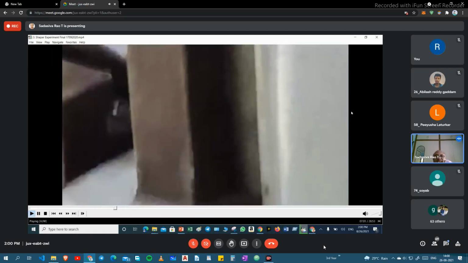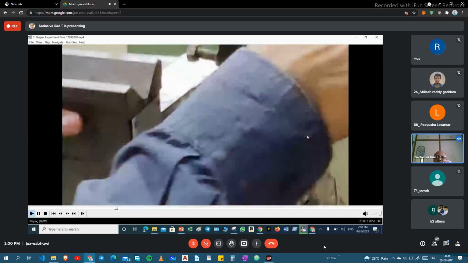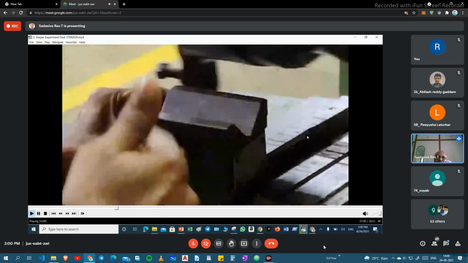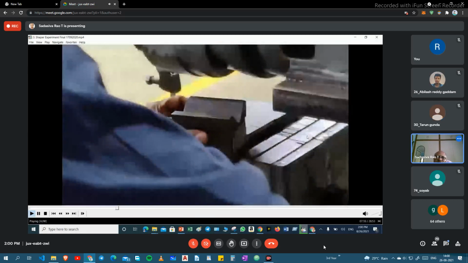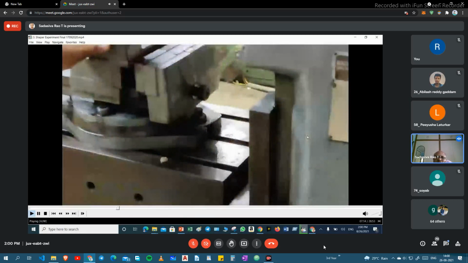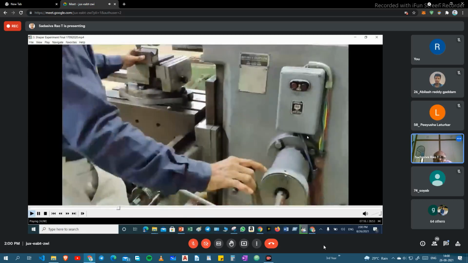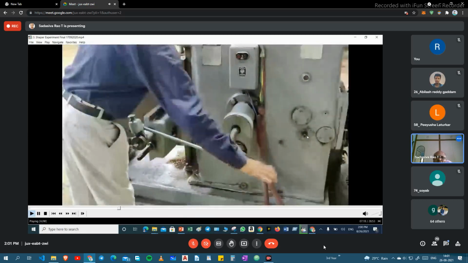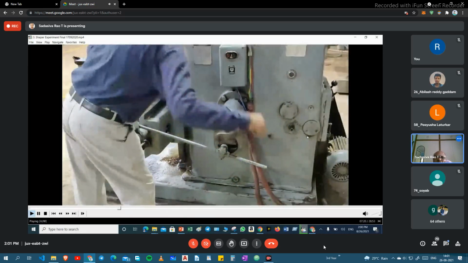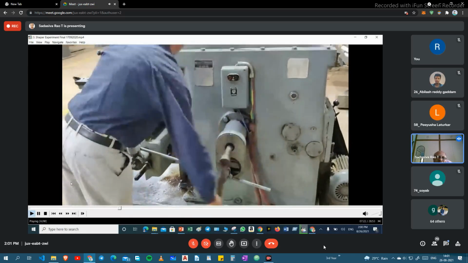Here we have to machine this flat surface. You can adjust the movement by controlling this lever. This is called the stroke length. By rotating this one, we can adjust the stroke length.